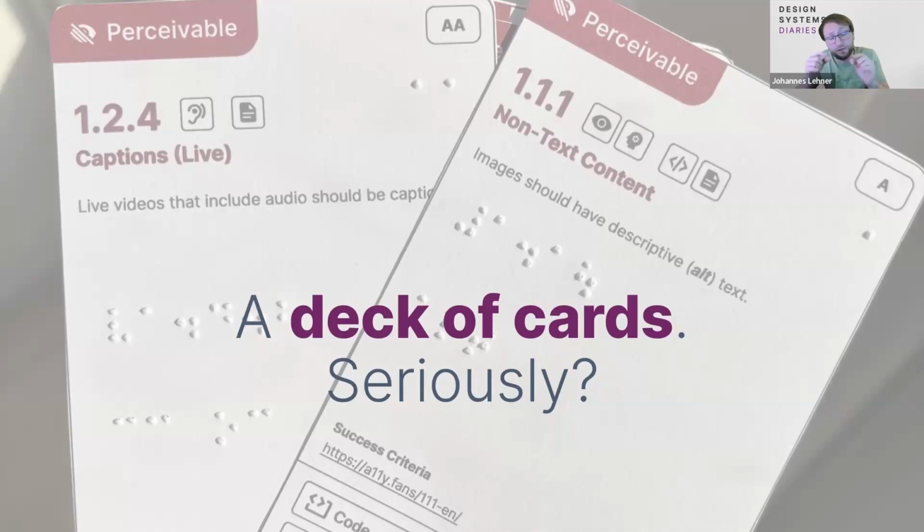I only used parts of all those tools and resources, and I tried to combine all the things that I used for practice to put up something like this. And yes, it's Braille on the cards that you see here, and they're printed. Yeah, that was the start.